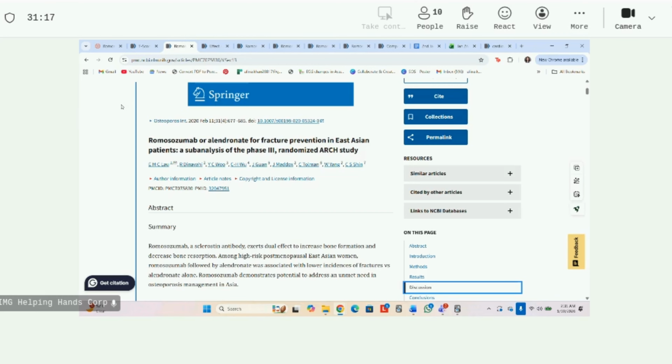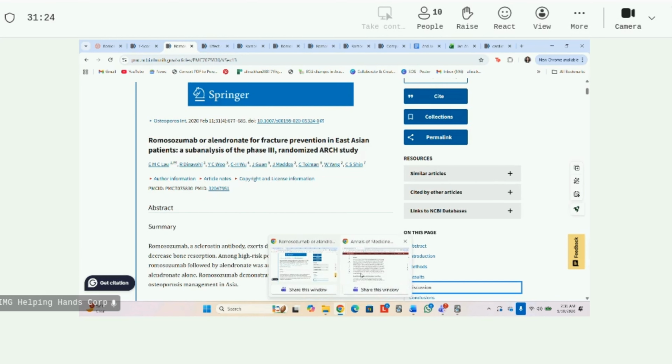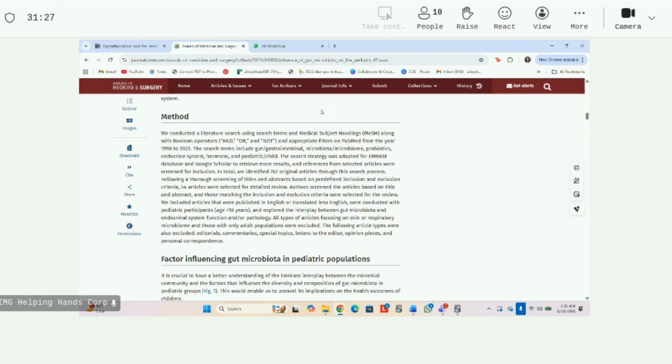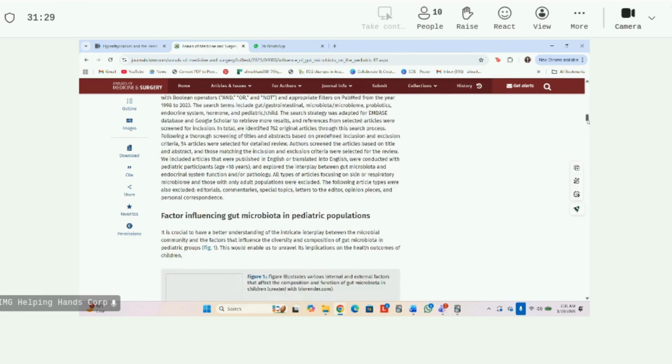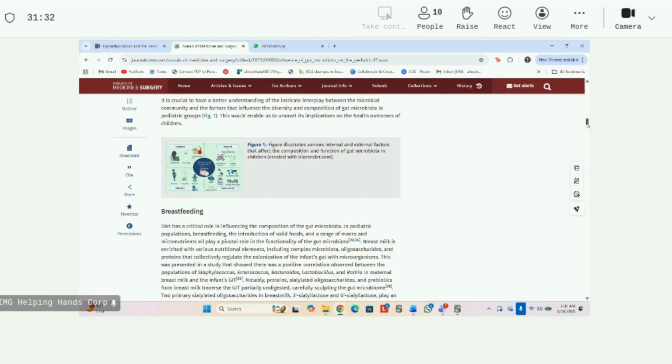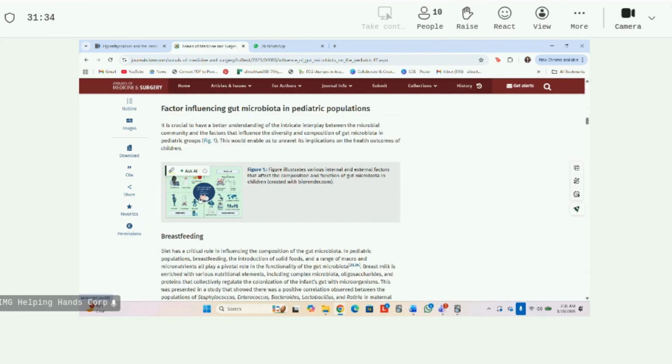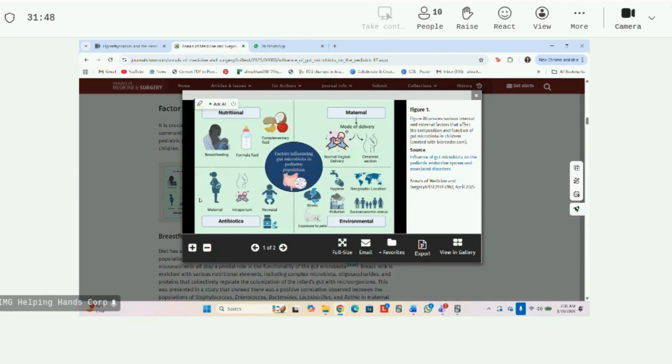When you're writing a narrative review, it's important that we also focus on the figures or the diagrams, as we call it. So let me show you what I'm talking about when I say diagrams. So this was a paper that we published with Annals of Medicine and Surgery. And when you're talking about figures in a narrative review, you do not need it. You really don't need it, but the journals ask for it because it makes a paper look fancy, and the human mind just works in a way that it needs things illustrated in an animated version for them to be actually